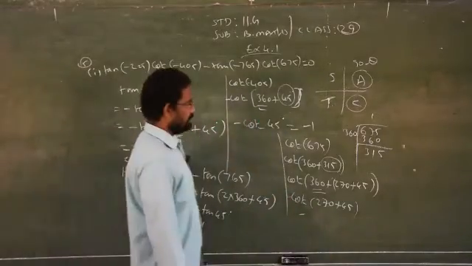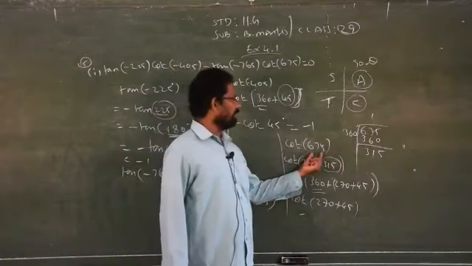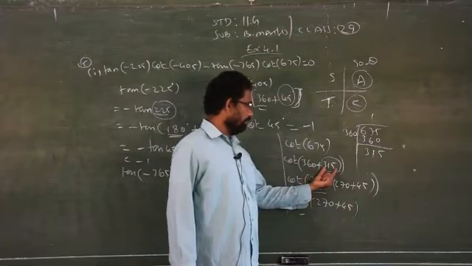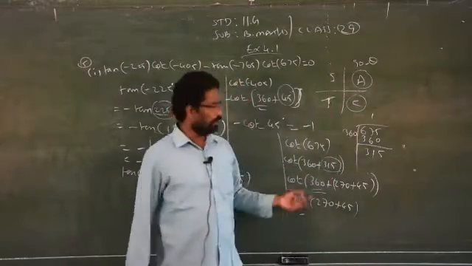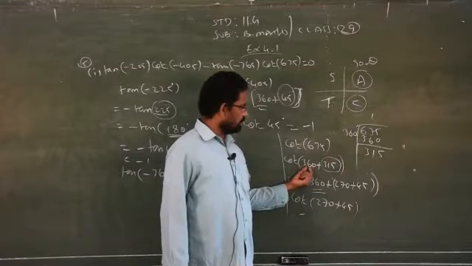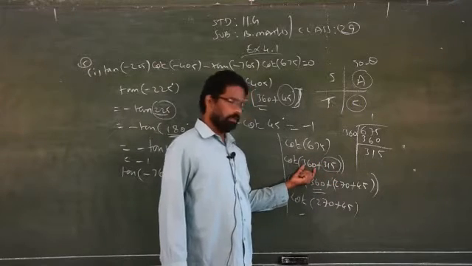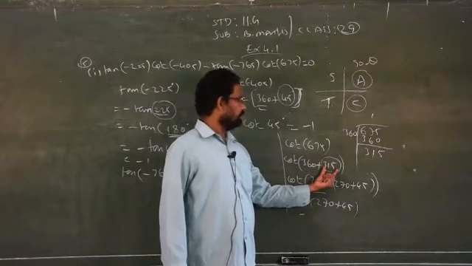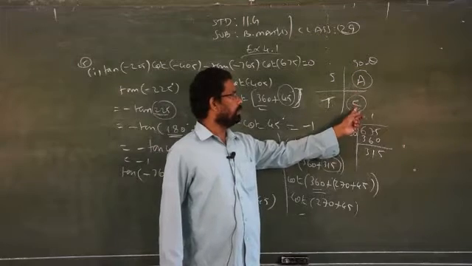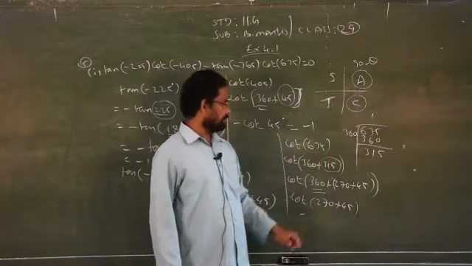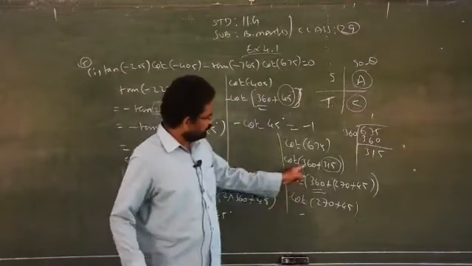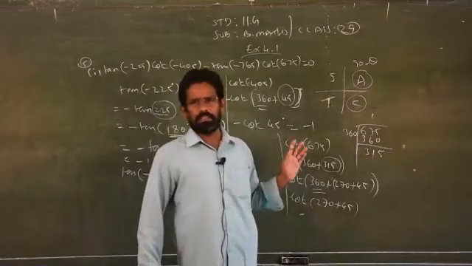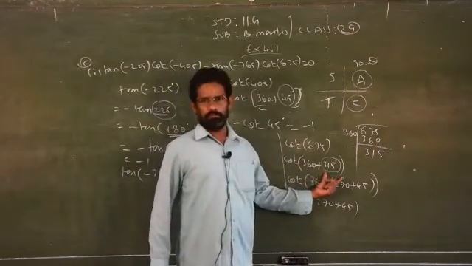Boys, listen, I will explain that. First you have to find out how many times 360 will be there in 675. Only one time. So 360 plus 315. 360 is a full circle, it doesn't matter. If it comes 360 plus, it doesn't matter about the 360, you have to see only the remaining angle. Clear? So 315 falls on the fourth quadrant. In the fourth quadrant, cos alone is positive, the remaining ratios are negative. Don't see this 360. Once you express the given angle in terms of 360, forget about the 360. You have to see only the remaining one.